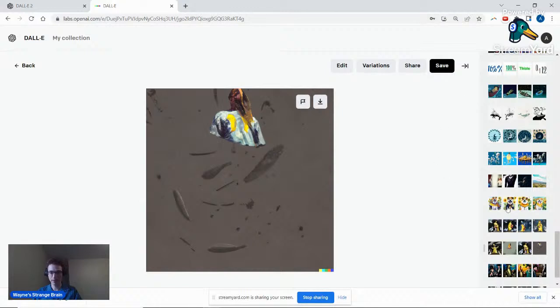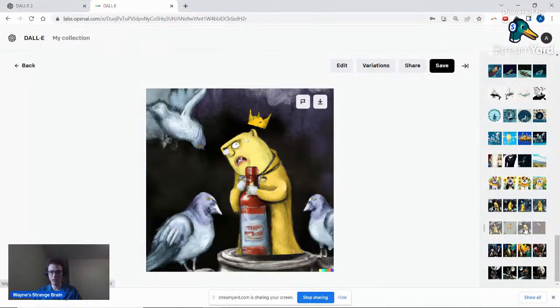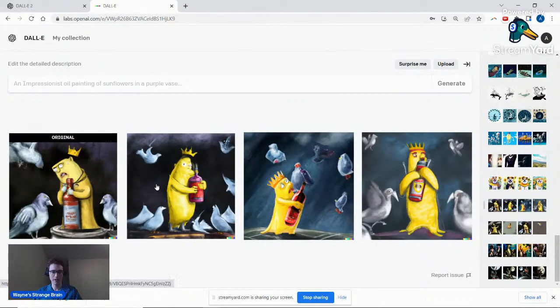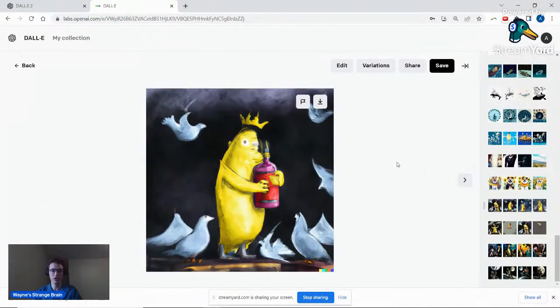And then, yeah, nothing. And so that goes to show you that you can actually do variations. So having clicked on this guy, I went to variations and we got along the same theme. He looks pretty much the same. It's basically different renditions of the same photograph, like in all of them, roughly the same shape and size, clutching